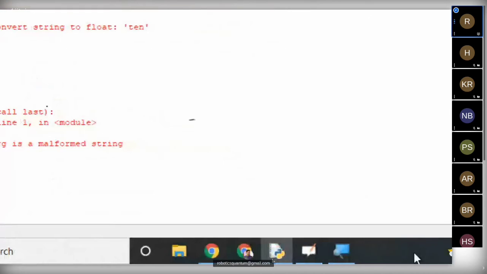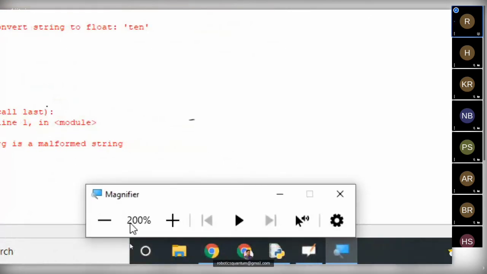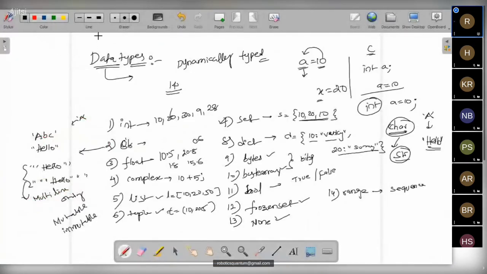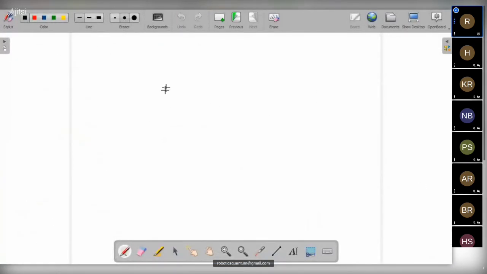So let's move on to the next thing. The most important part is that in every programming language we have input and output functionalities. In every program we have input and output functionalities. That means when we develop an application, we need inputs and outputs.